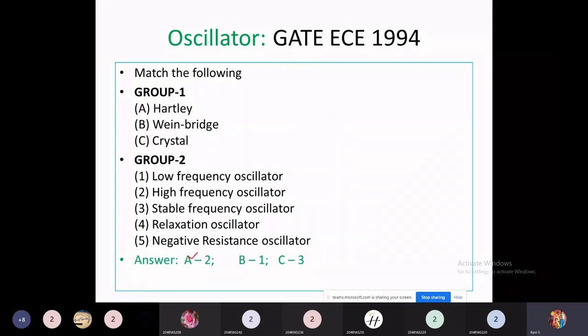Option A matches to 2 in the group. Hartley oscillator is high frequency oscillator, and option B, Wien bridge oscillator, matches with option 1 in group 1, that is low frequency oscillator, and crystal oscillator matches with the stable frequency oscillator. Okay,